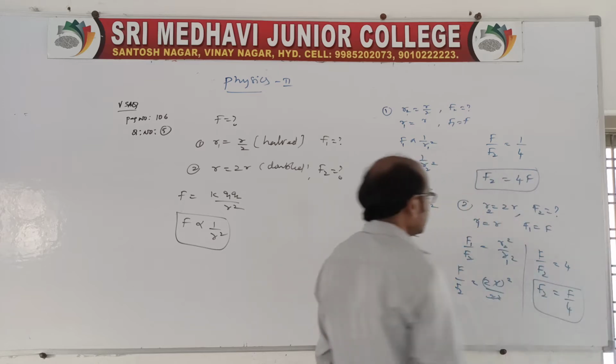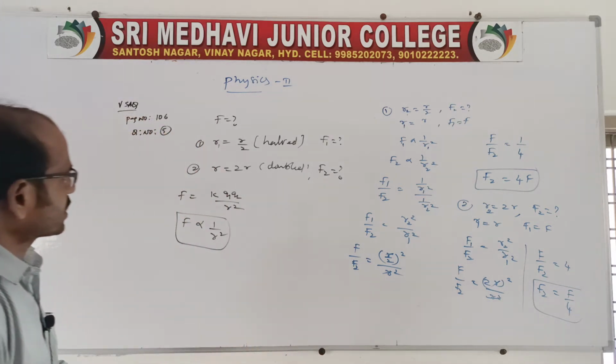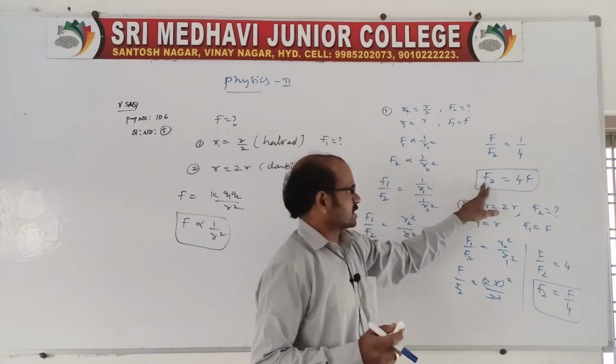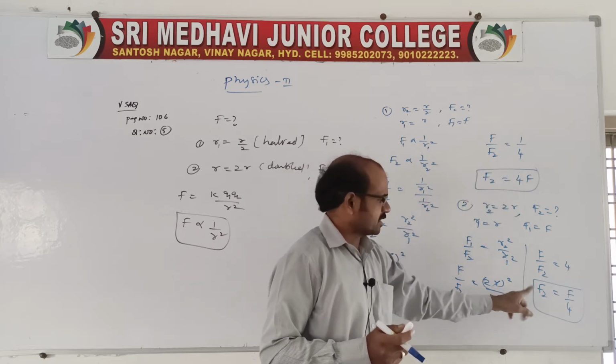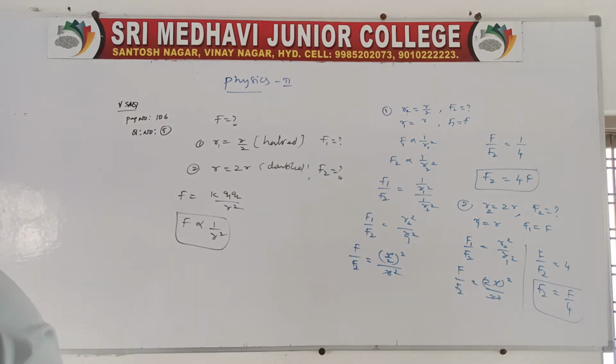This is the question related to the force when the distance is given as half and when it is given as double. Therefore, when the distance is halved, the force increases by 4 times. If the distance is doubled, the force reduces by 4 times. So this is one question in our material, given on page number 106. Suppose you go through that question, and there are other questions also on the basis of Coulomb's inverse square law. I'll tell you those related to Coulomb's inverse square law.